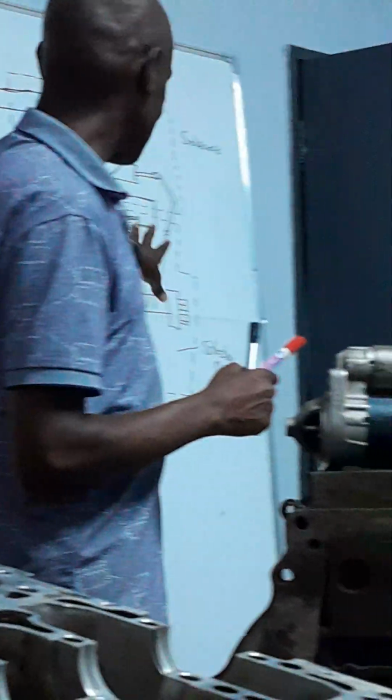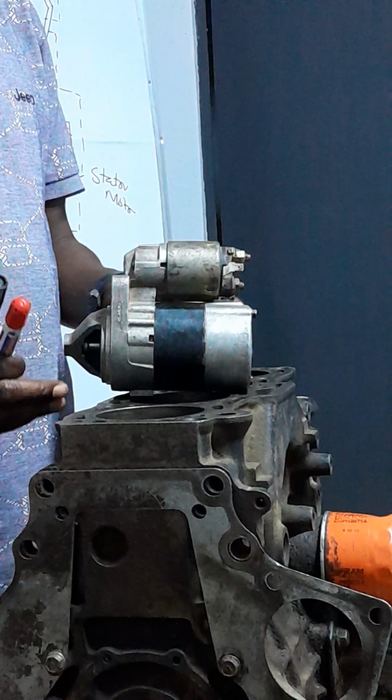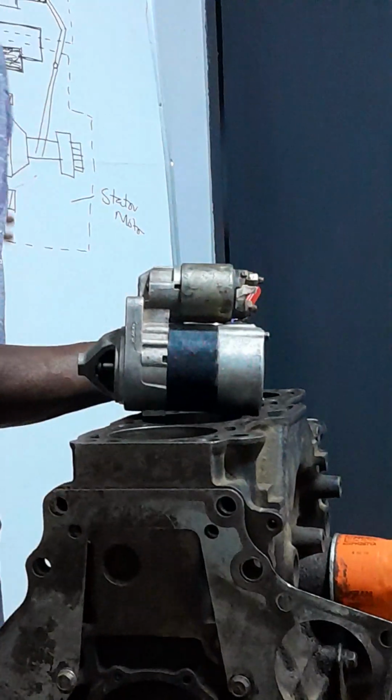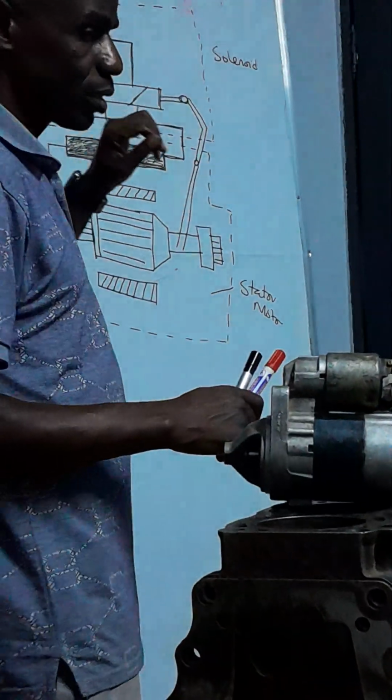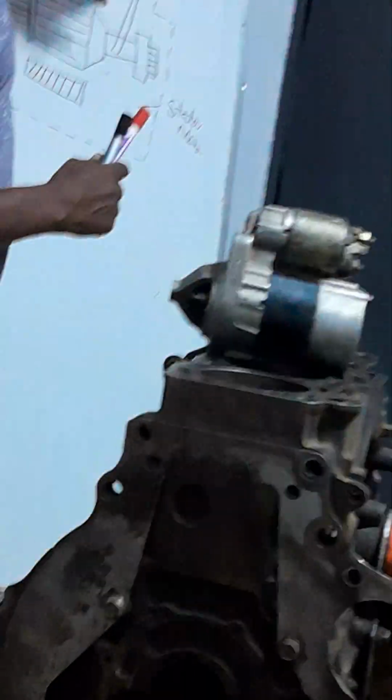Then the larger cylinder here at the bottom is the starter motor itself. That's the starter motor. The starter motor is just a simple DC motor, we normally call it a series motor. It's a series motor in the sense that its field coils are connected in series with the armature. Current flows from